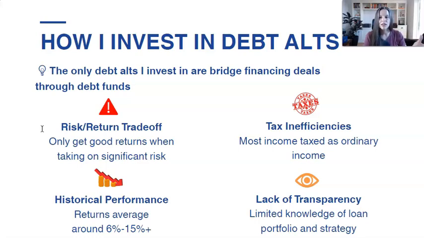It doesn't make sense. So, for example, I can go out and invest in a private equity fund that's typically kicking off average returns of 20% or higher a year, or I can go invest in something like debt alternatives that aren't getting anywhere near that and I think are significantly more risk. So to me, it just doesn't make sense.